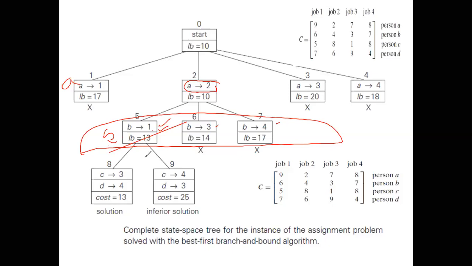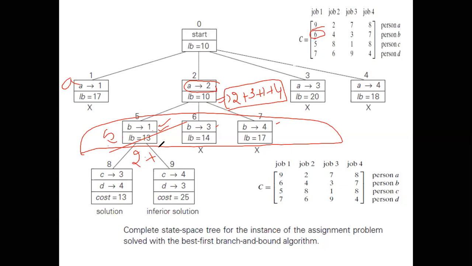You should keep looking at this. So what was the value over here? If you remember the previous slide, it is 2 plus 3 plus 1 plus 4, correct? So let me take this example, 2 plus 1 plus 2. A's value will remain as it is, so 2 will remain as it is. What is the cost if you assign job 1 to B? What is the cost of assigning job 1 to person B?